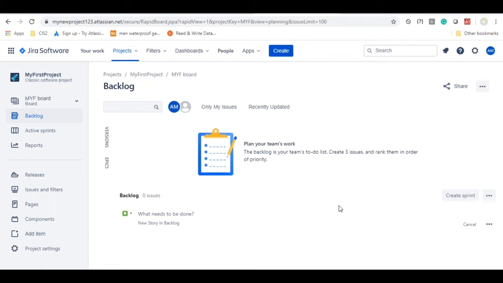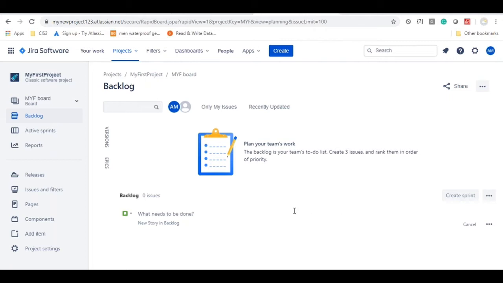So what is Jira? Why do we have to use it? Jira is an agile process management tool, which will be used to store the backlog, to see the scrum progress or sprint progress, also to report the defects, to generate the reports. For everything, this is the tool which most of the companies are using currently in the market.